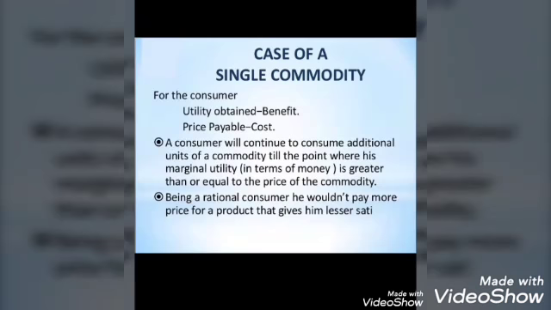Second is the two commodity case. That means several commodities. In this case, when a consumer is buying commodities X and Y with his given income, how he will strike his equilibrium depends on income and the utility of different types of goods. That means here his utility depends upon the types of goods, from which goods he gets more and more satisfaction, not only with the money but also the use of the